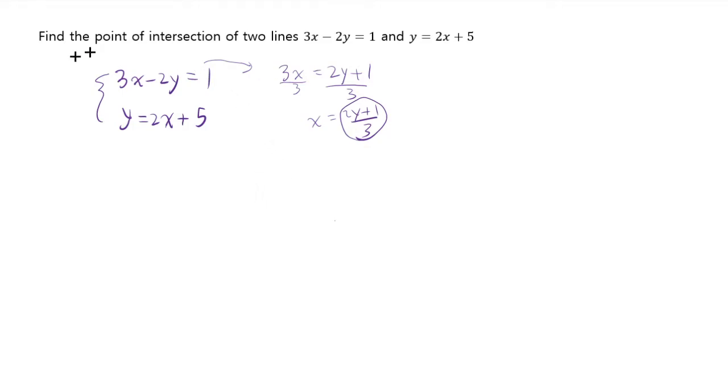However, I'm not going to do it for this equation because the second equation is already solved for y, right? Y is something. So it's a lot easier for this case to just take this solution, y is 2x plus 5, and make 2x plus 5 replace this y on the top. Okay, so we're going to plug in 2x plus 5 into y, and here's something that you should really be